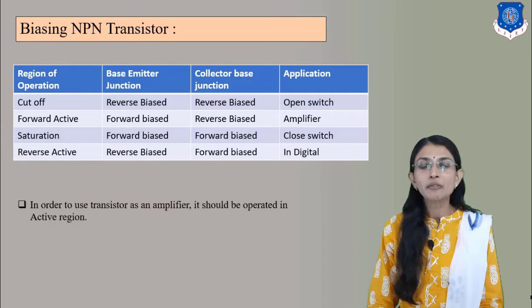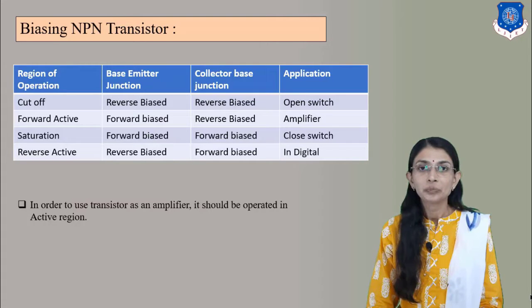So according to case 1 and 3, if the transistor goes into cutoff and saturation, then the transistor can be used as a switch. In cutoff, it can be used as an open switch, and in the saturation region, the transistor can be used as a closed switch. But if the input junction is forward biased and the output junction is connected in reverse bias condition, then the BJT can be used as an amplifier. Actually, we are using these three regions of operation for switch and amplifier applications.